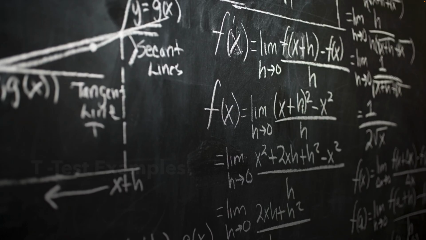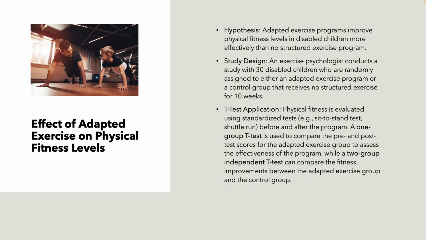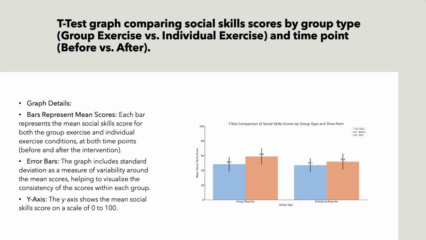Now, of course, I am going to have lots of examples for you. And we can go through some of these. I'm not going to go through all of them because you have them and you can read them. So let's just do one per group. So here's one, and here's one. And what I've done on this whole thing is I've given you a hypothesis, I've given you a study design, I've given you how a t-test application would work. And this is on exactly what we talked about earlier today, effective adaptive exercise on physical fitness levels, or influence of group exercise on social skills, or these are for my exercise scientists here,